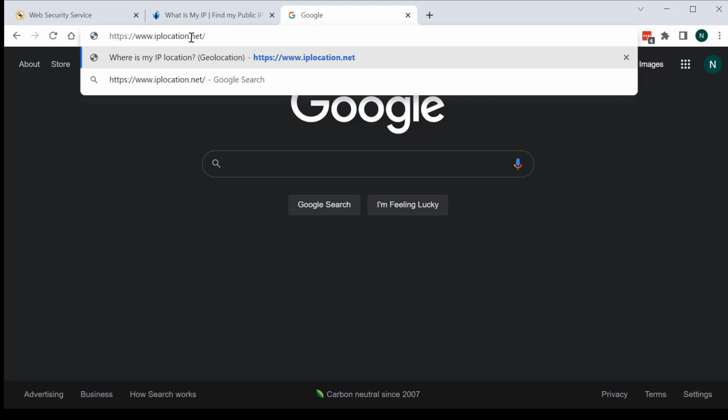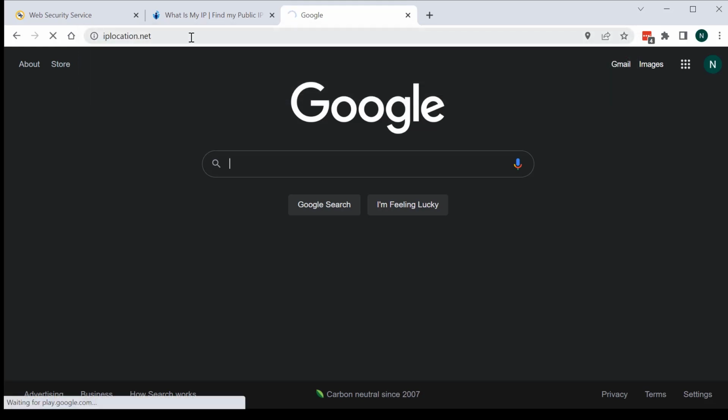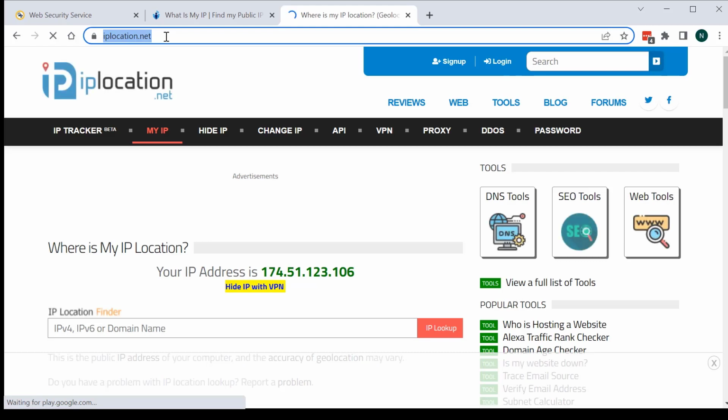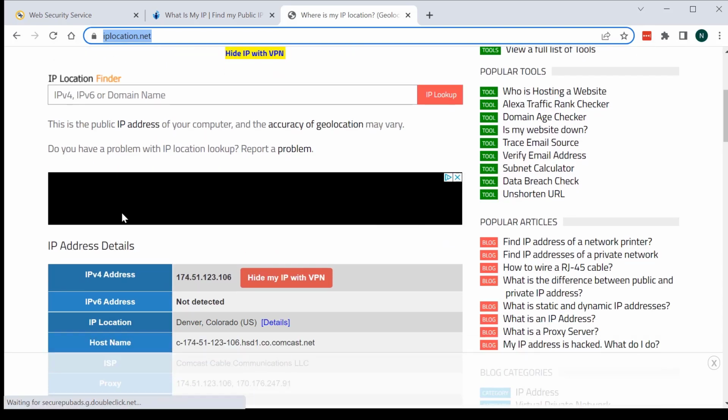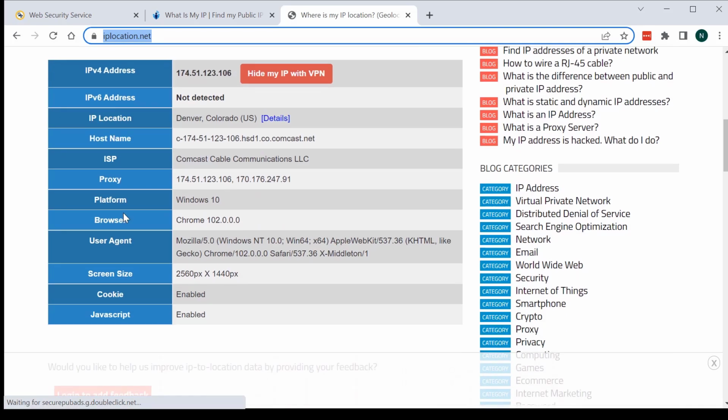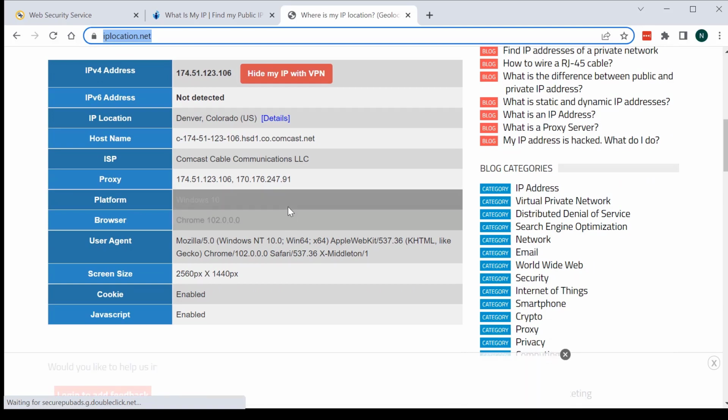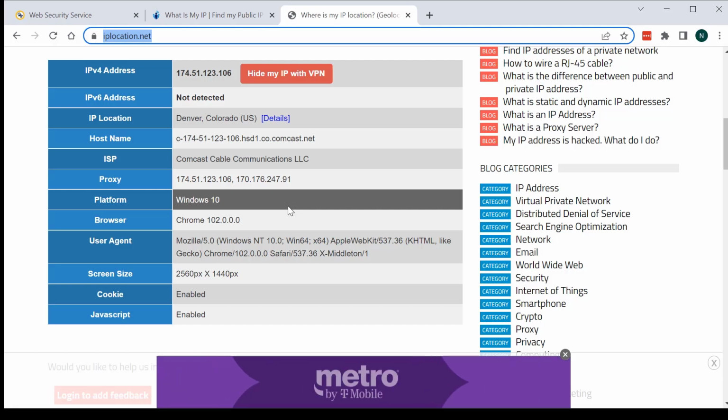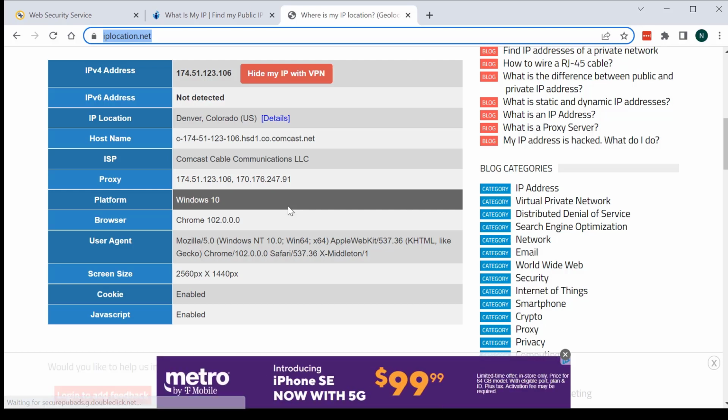So here's another one that does basically the same thing. It reveals your public IP. It has a little bit more functionality actually. And this one is not in our dedicated egress IP list, but it is also able to read your actual IP address if you're going through a proxy, which is the 174 address. That's my cable modem. And it's getting that from the headers. But it also reads the proxy address, which is 170.176. So in this case, that's a shared IP as well. So we know that this website is not going through the dedicated IPs.